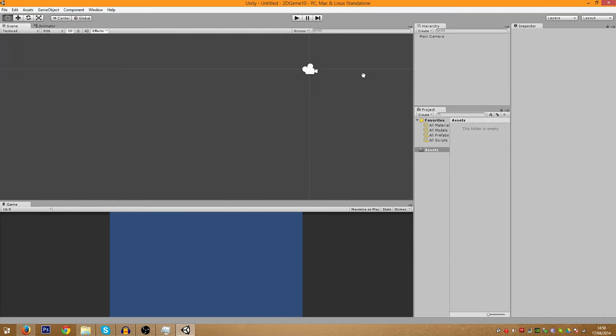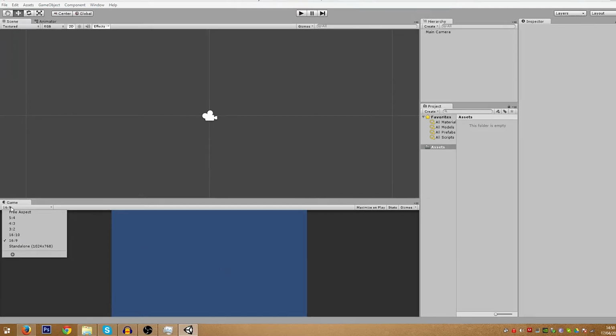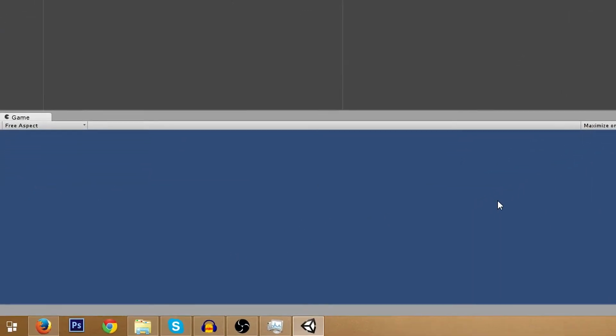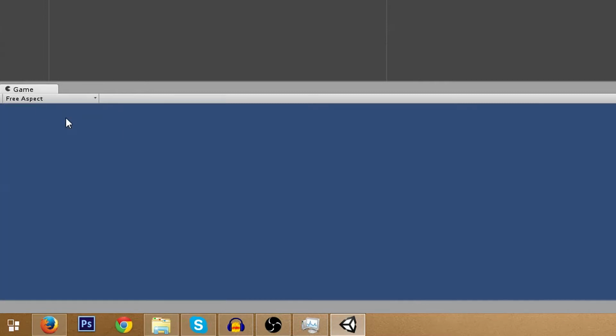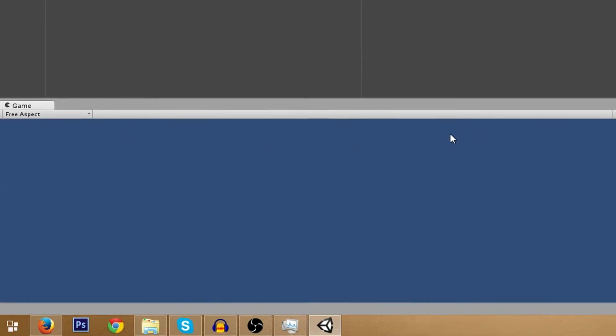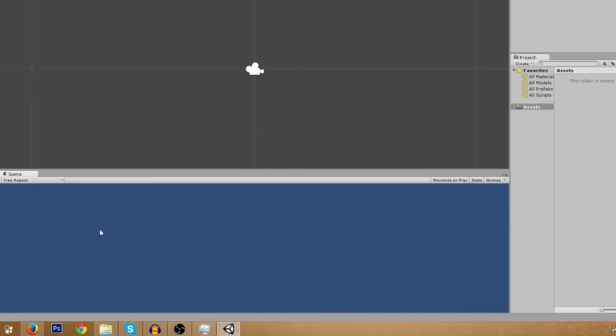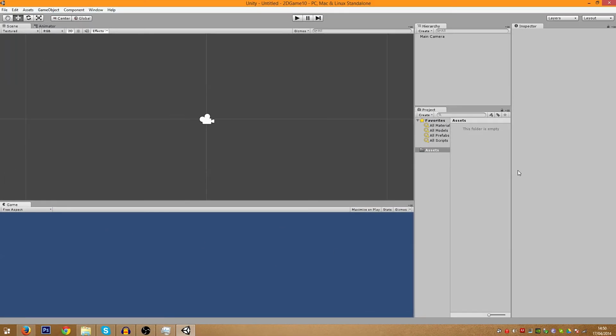So here is your scene editor. This is where you edit your scene or level or whatever. This is your game that you can test. You want to go ahead and put that on free aspect, because, trust me, it's a lot easier. It just looks a little bit better, I think, anyway. It's really up to you how you want your layout to look. So yeah, your scene editor, this is your game, so when you click the play button, it will simulate your